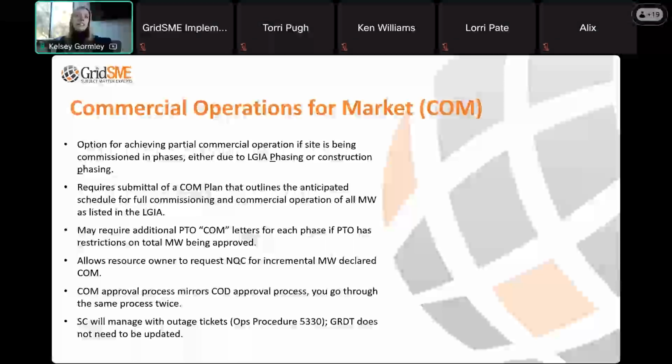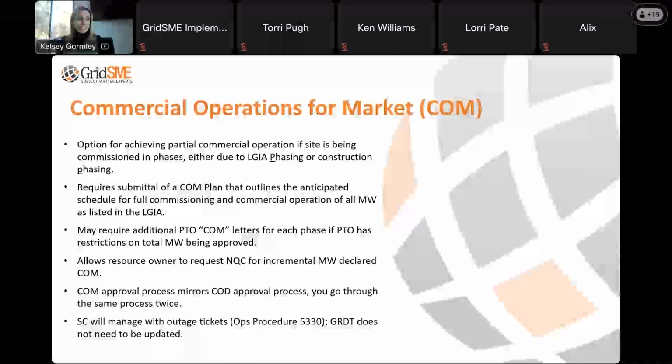It's also an option if you have phases represented in your project. If you look at your interconnection agreement in Appendix C, I believe they list out formal phases identified in the project, which would be represented with a capital P Phase. Or if you have just a large interconnection with no phasing identified, you could still exercise this option as well. So you can do it either with formal phasing or with informal, construction-sequencing-based phasing.